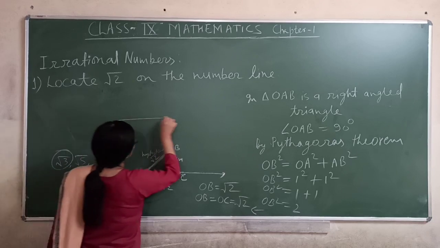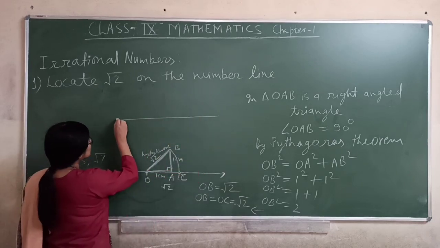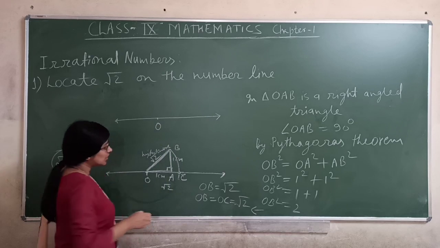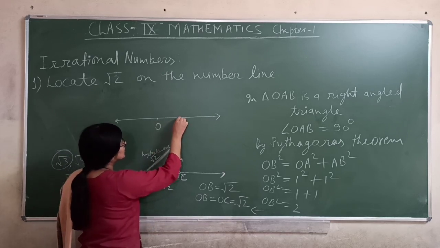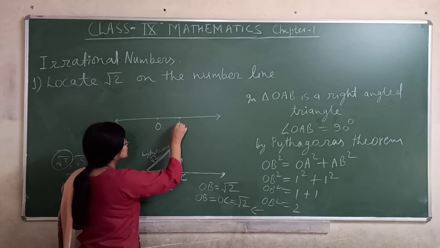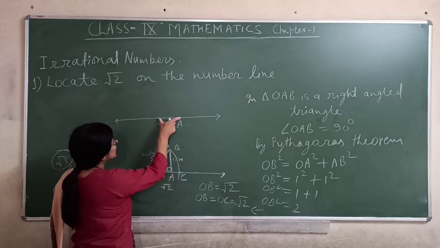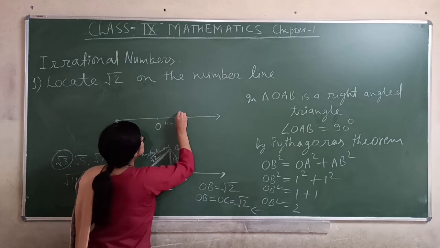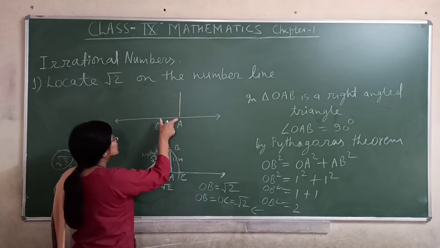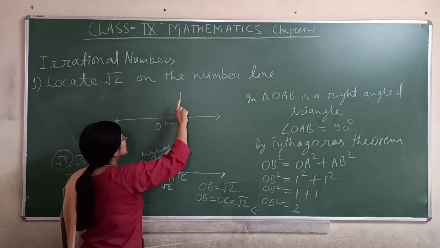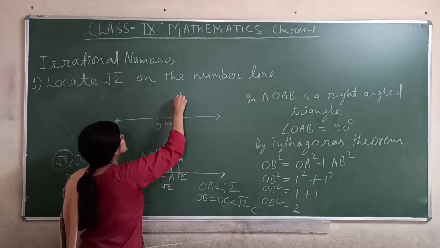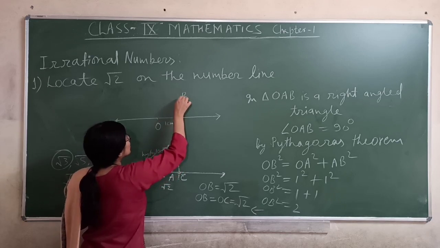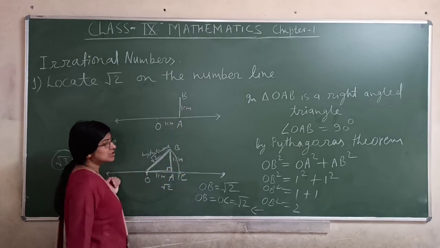Firstly, you have to draw a line. Okay, draw a line and take a point over there. After that, you have to take 1 centimeter. Suppose from here to here, this is 1 centimeter. Then, same, you have to draw a perpendicular distance. This is 1 centimeter, so the perpendicular line also you have to take of 1 centimeter. Both OA and OB should be equal, 1 centimeter both.